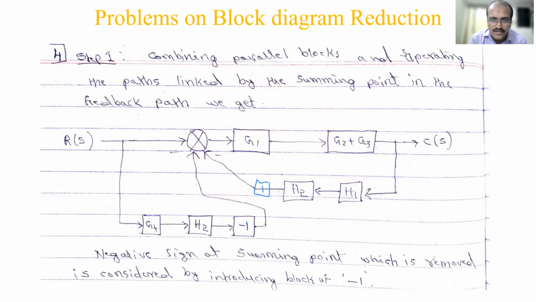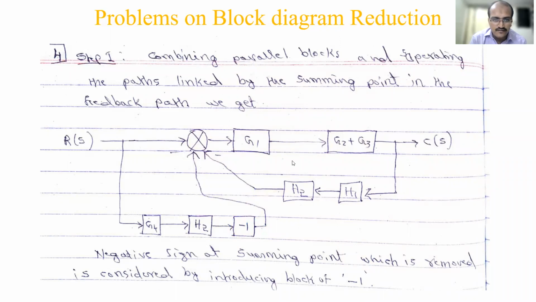In case you don't write that, what will happen here is, it will become G4 into H2. So then here it is 1 minus G4 H2 that happens. Okay, in the equation, and this meaning has gone. Okay, so we have not considered the minus sign at all. I told you, in the summing point, the sign is very important. So that's why including this minus is very important.